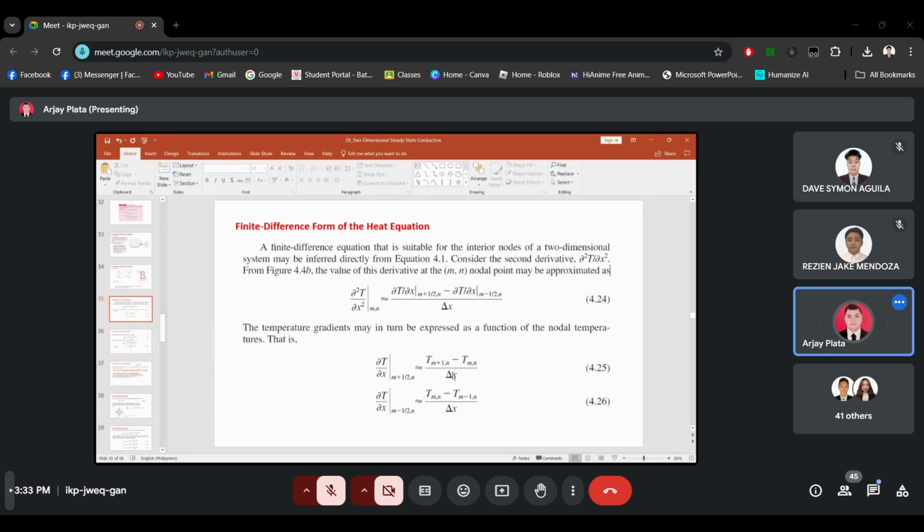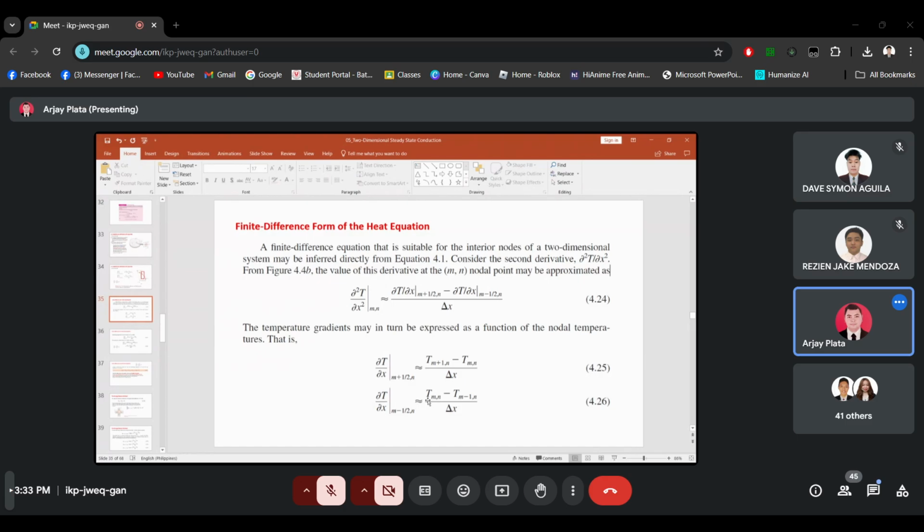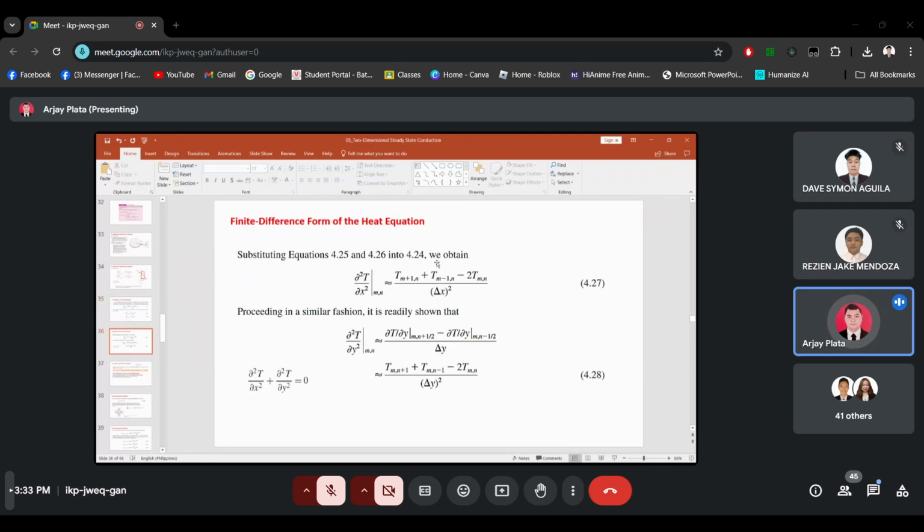Multiply, so you multiply partial T over partial x. The denominator will be multiplied, while the numerator will be addition. So the final equation is